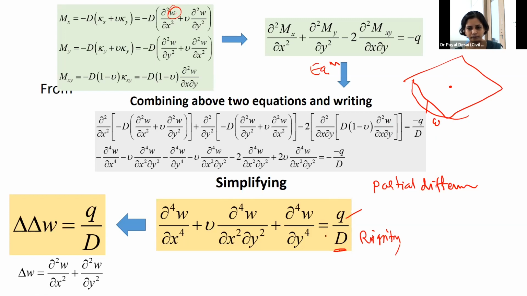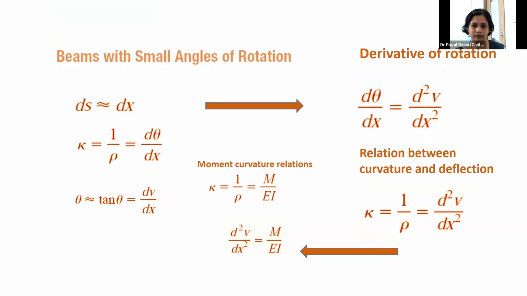Now, how to solve this fourth order differential equation? That is the plate analysis. So these were the theoretical development, how you arrive at one single fourth order differential equation in terms of W, that is displacement of the plate. It has the loading, rigidity, everything. And then I may skip this because for beams it is easy to understand. I may suggest you some books where you may reference, where you may also think about the similar development that has happened with the Euler-Bernoulli beam theory also.